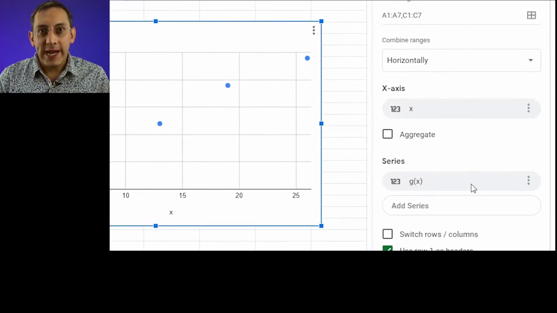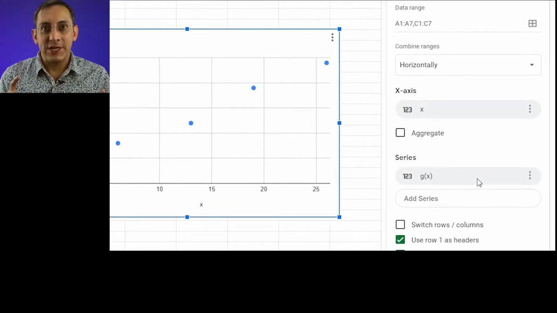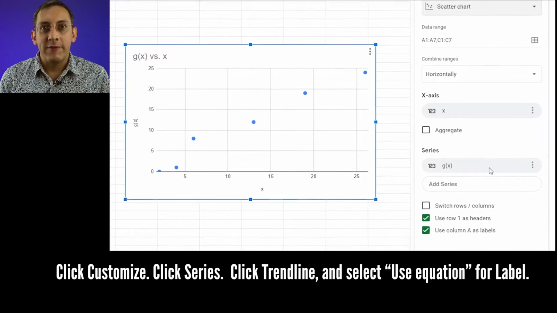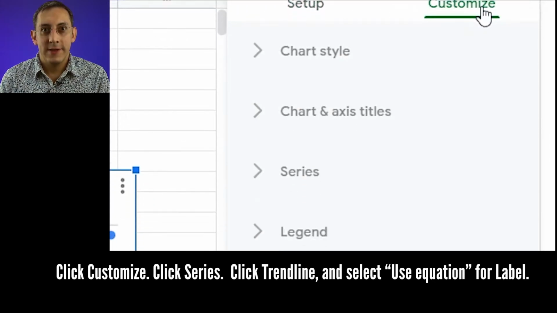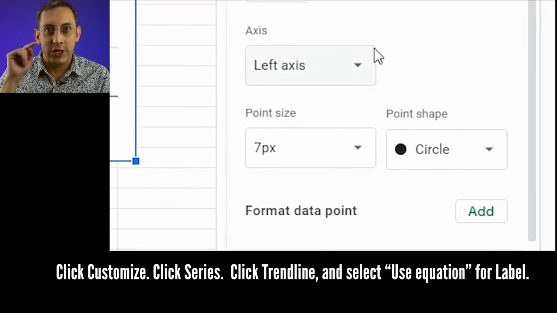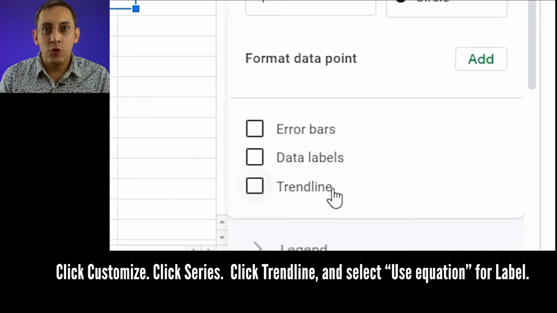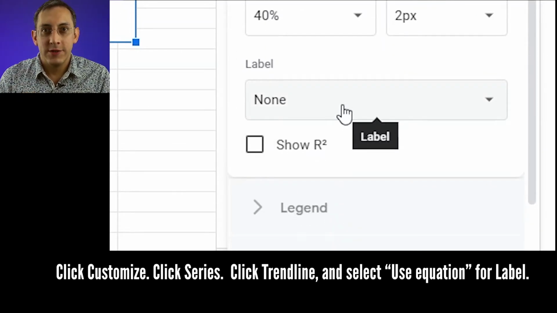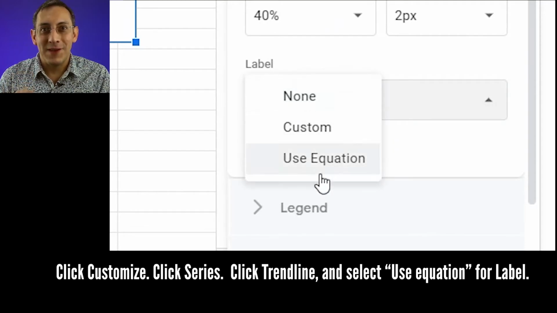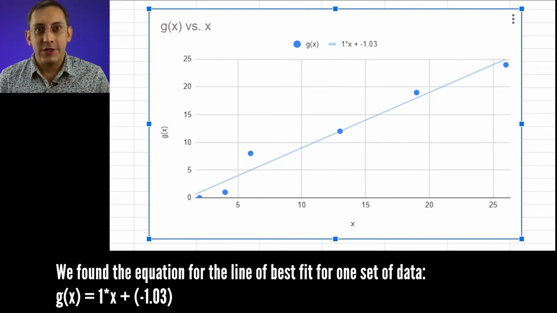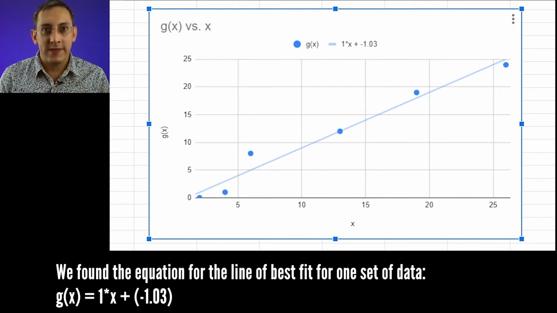And we can change what we're graphing by clicking on that g of x and changing it to another column or another series. After everything looks good, click Customize. Click Series to open the accordion menu that drops down and select Trendline near the bottom. Scroll down and in the Label drop-down menu select Use Equation. You should now see a line of best fit with an equation. In slope-intercept form, our line of best fit has the equation g of x is equal to 1 times x